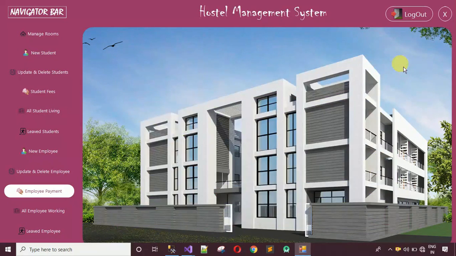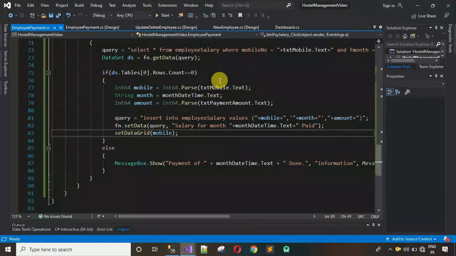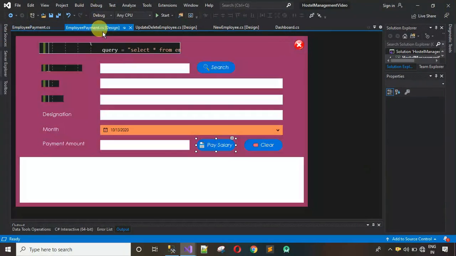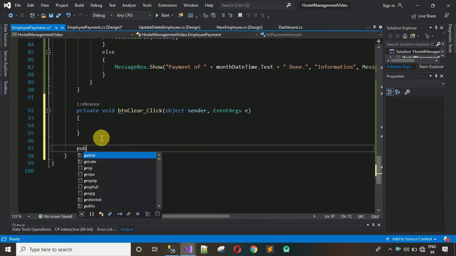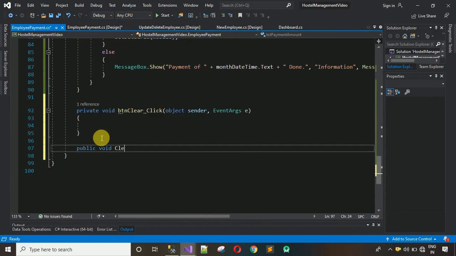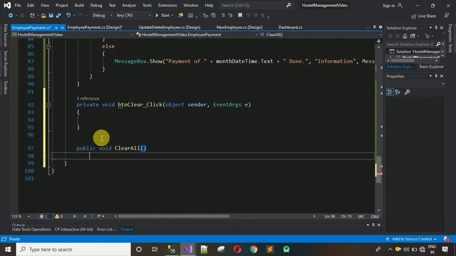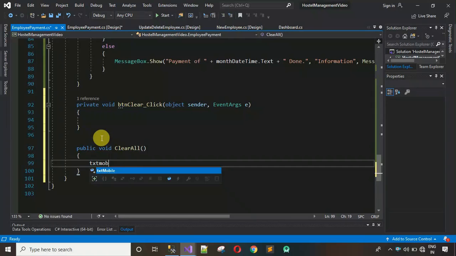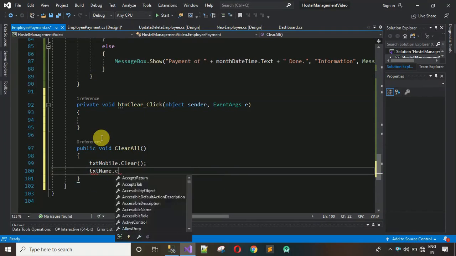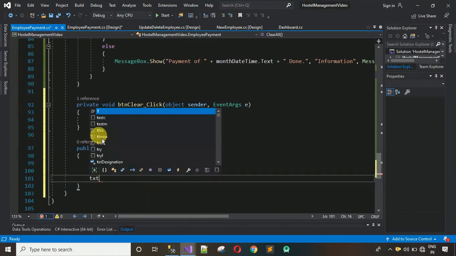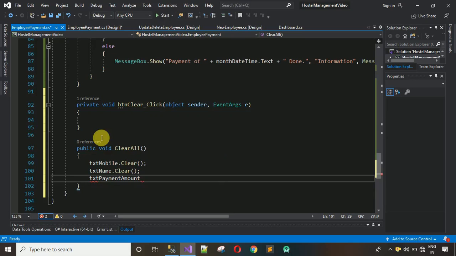For that, let me close this first and close this one too. After this, we have to move back to the design part and double click on this to generate a quick event for the clear button. And I'm going to write one method, public void clear all. txt mobile dot clear, txt name dot clear, txt payment method amount dot clear,